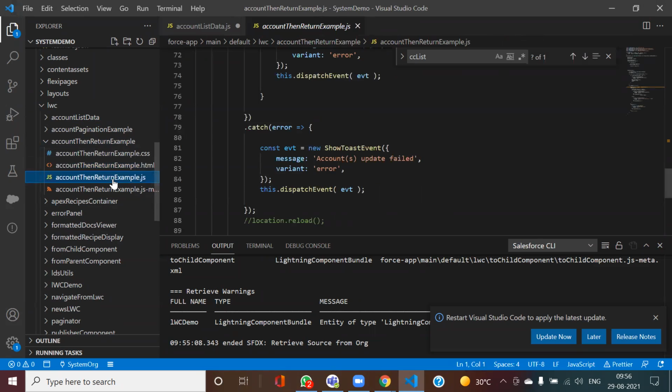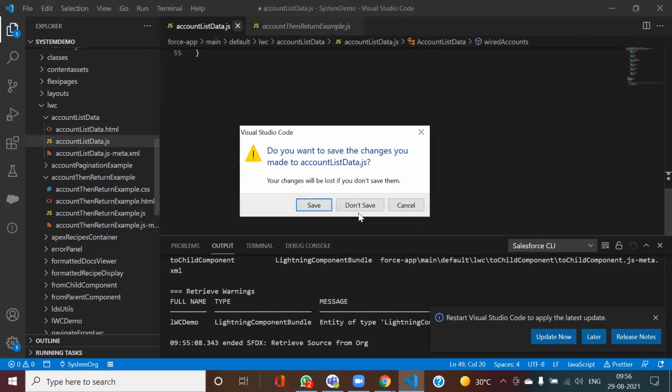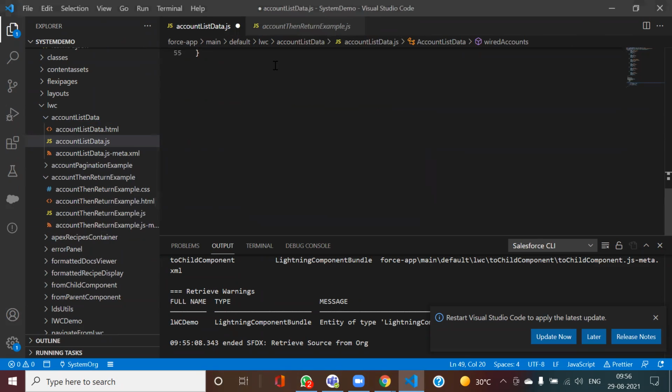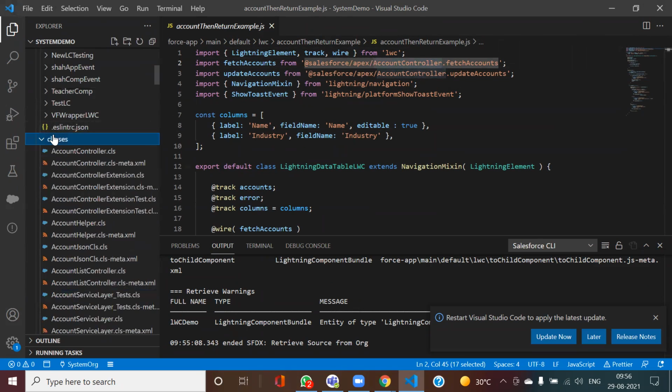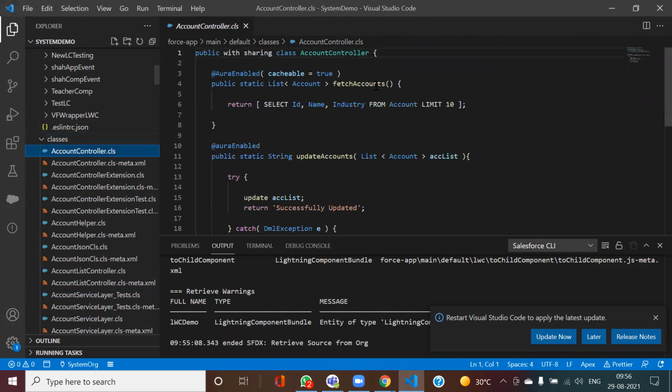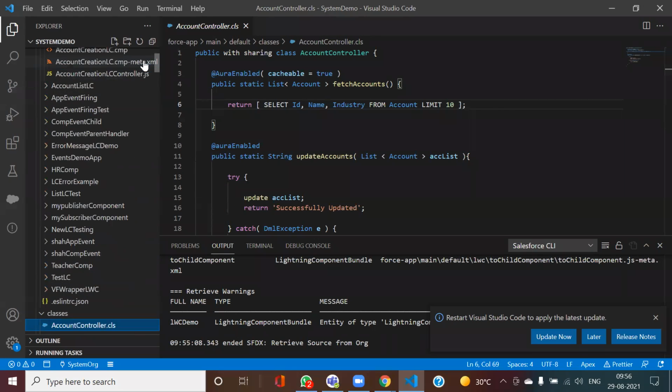Yeah, so now we are going to discuss this example. Let me close this one. Okay, so now let us discuss one more example here.